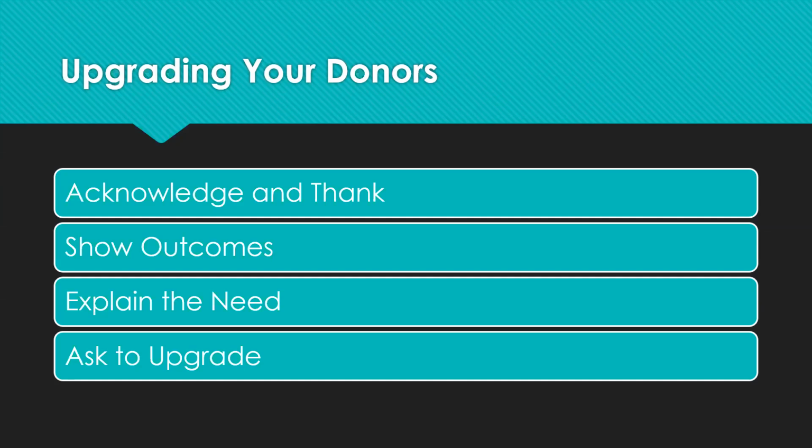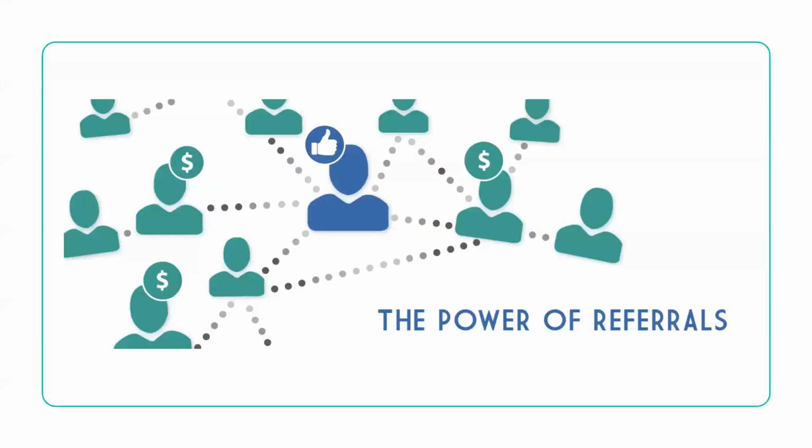Make a plan for upgrading your donors each and every year. Smart nonprofits work with their major donors to try and upgrade them each and every year. All right, so the first two goals of your donor stewardship program were retention, getting last year's donors to give again this year, upgrades, getting last year's donors to give more this year than they gave last year, and third, get your donors to refer new donors. Now, we talked about this a little bit in the first class when we talked about referrals as a way to get new donors, but it's important. So I want to talk about it for just another minute.